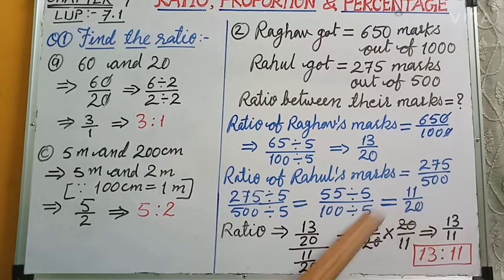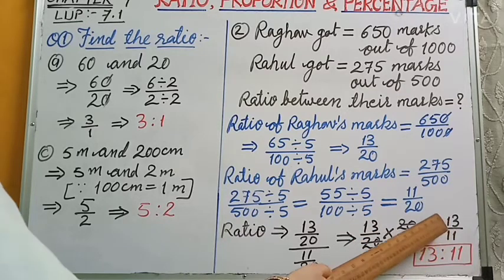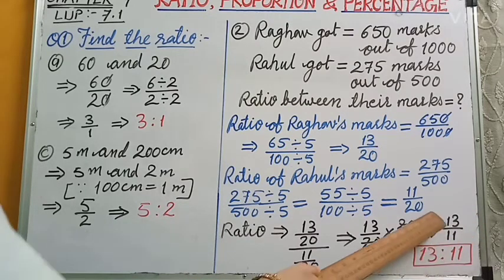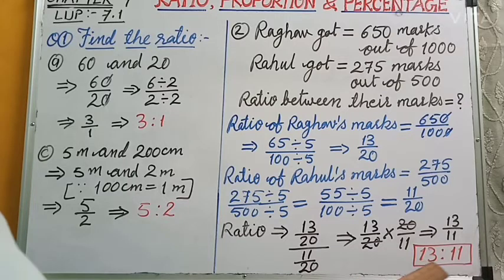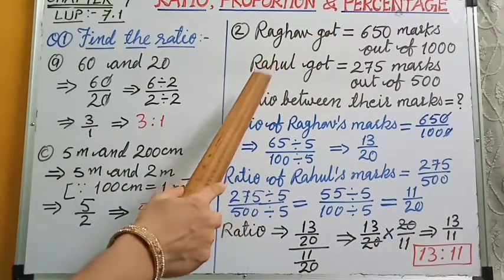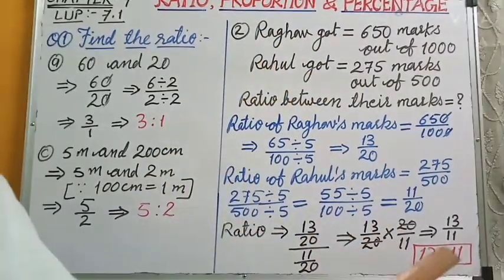Now we can easily simplify it. Okay, this type of term is very difficult to solve, but when we convert it into multiplication, we can easily solve now these two fractions. So 20 can be cancelled because 20 is in denominator and 20 is in numerator. So they can be cancelled, and what is left? In numerator 13 is left and in denominator 11 is left. So the fraction is 13 by 11. So fraction can be written as ratio. So 13 by 11 can be written as 13:11. So the ratio between Raghav's marks to Rahul's mark is 13:11.